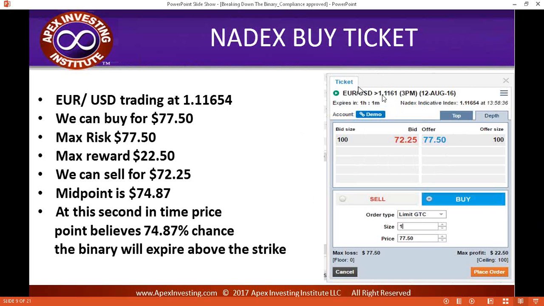So from the sell side, this is out of the money. The statement's not true yet, right? The market would have to come down. The statement's not yet true. From the buy side, the statement's already true. To be above 1161, it already is. So what does that mean, Joe? Well, that means that there's a 74% chance that the statement will